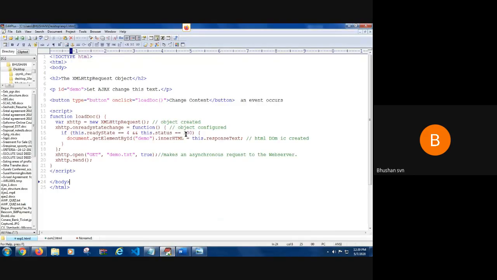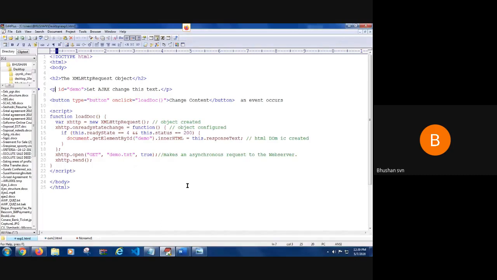If this is done, then document dot getElementById demo. So what is this demo? Demo is this p element. Then dot innerHTML. You know what innerHTML is in JavaScript, which is used to get and set the HTML contents within that specific element, say within the p tag.